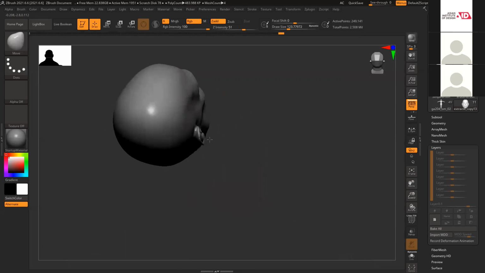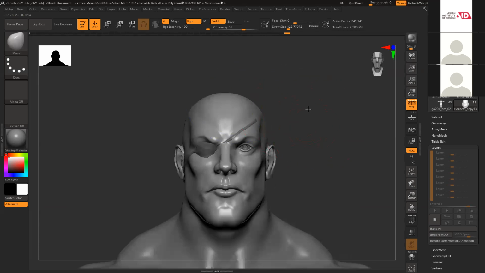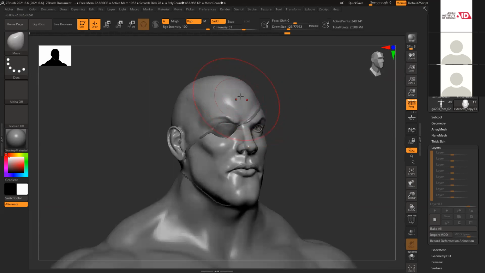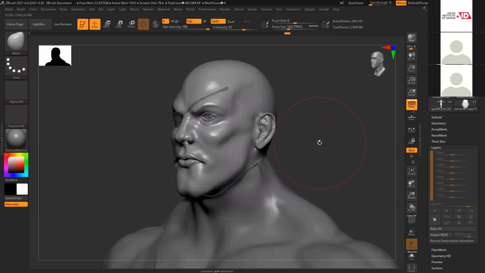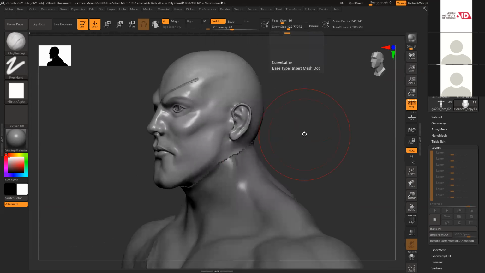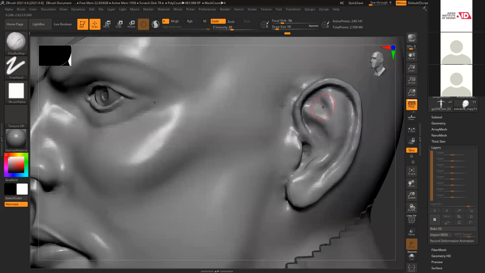Slightly broad. This looks fine. Temple cavity looks fine. Ears, this thing blends with the surface.